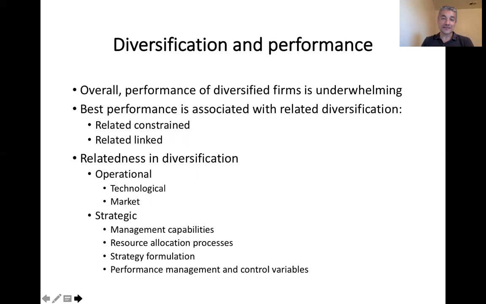There are two specific instances or two diversification configurations where value seems to be created. And in both of those cases, the diversification has to be into industries that are related or linked somehow to your current business, right? So the two strategies that make most sense are related constrained diversification and related linked. In related constrained diversification, first of all, you are not overly reliant on any given business that you have. So less than 70% of your revenues come from just one business.